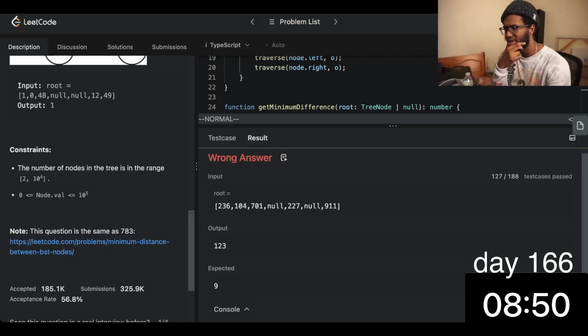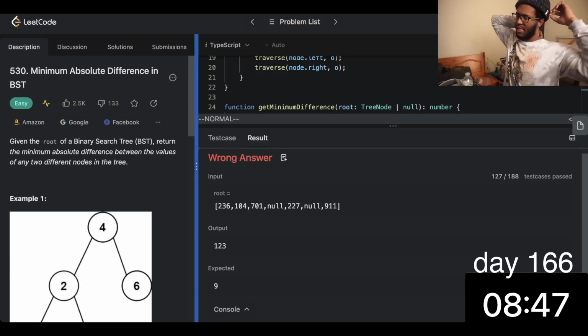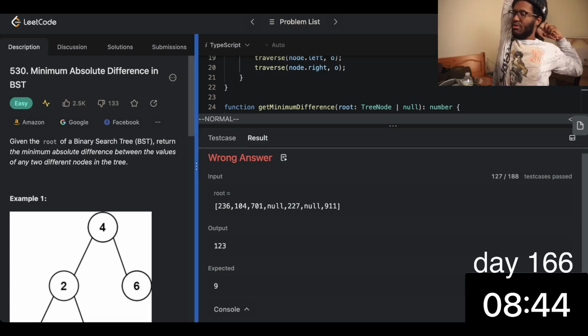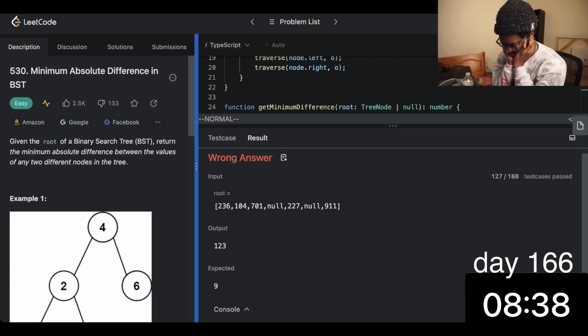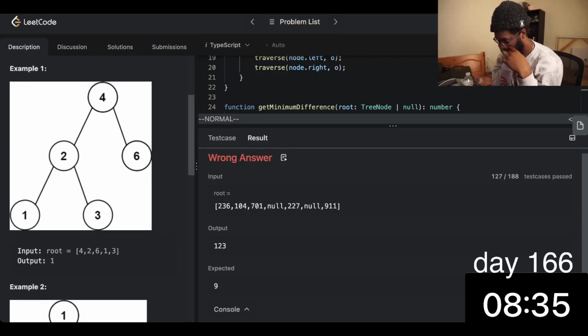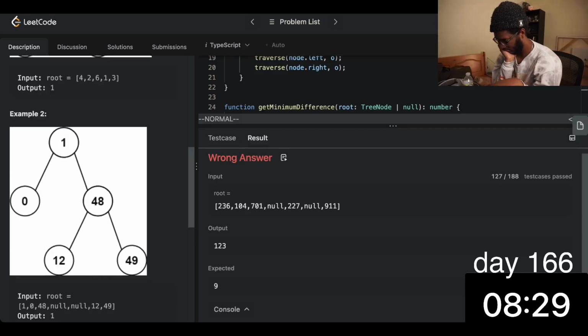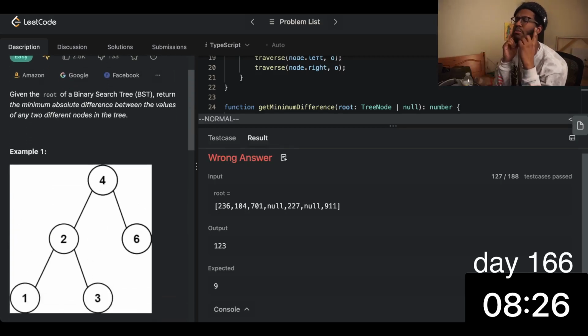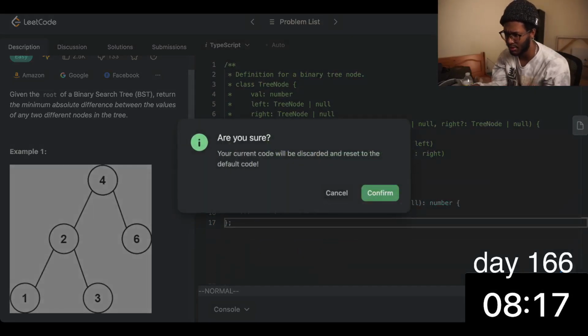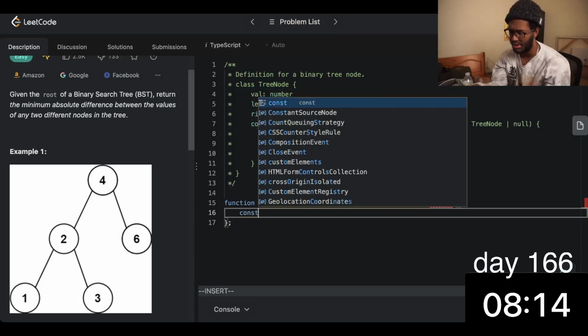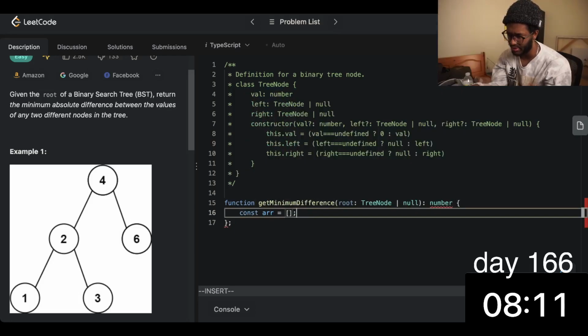Oh, wait, no, this only checks the local differences. Oh, that was a noob mistake. Minimum absolute difference between any 2 different nodes in the tree. Well, I guess we could just simplify this whole thing and just turn the whole thing into an array of values that we then sort and return the difference between